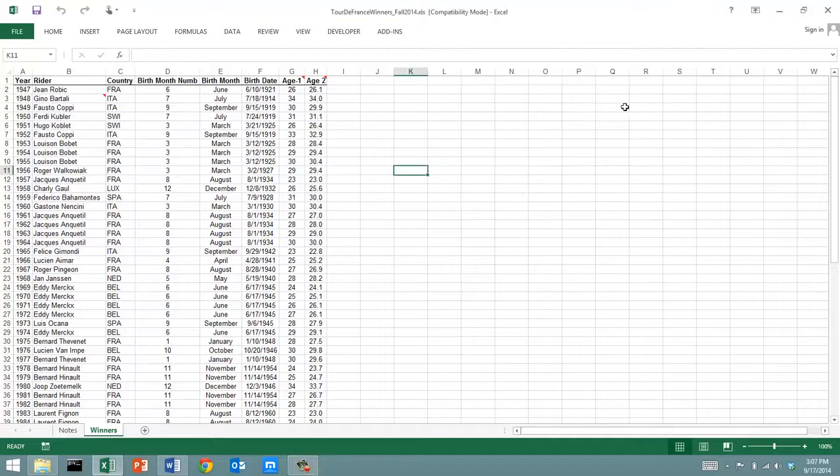Here we are. Got to make a frequency table for a categorical variable and a bar chart. Here's data on the Tour de France winners since World War II. We're going to work on the country variable, and we're going to use a pivot table to make our frequency